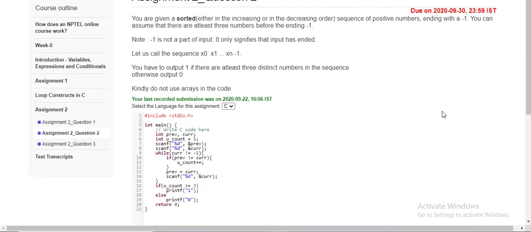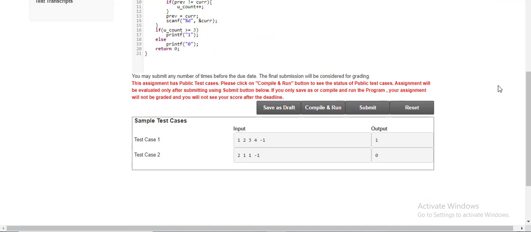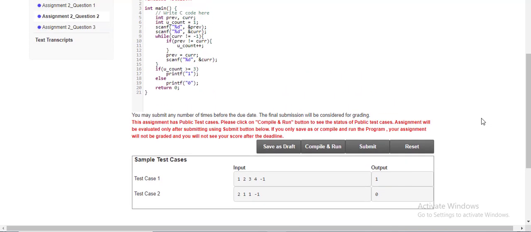In question 2, we have to find whether a sequence of positive numbers is in sorted order, increasing or decreasing. Here the test cases are available, so we need to find the output according to them.